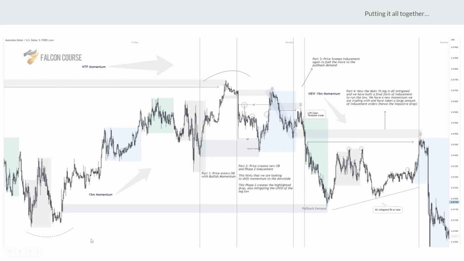That last point of demand from the very bottom of our leg is all the way up here. As soon as it breaks, we run to that bottom because there's no more demand left for us to react from or move. Okay, and that strong inducement sweep just fuels that big impulsive move as well. Even in Asia it did that. So most often it's London or New York, but in this case it was Asia.